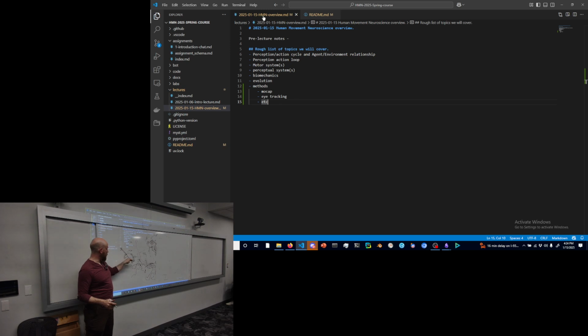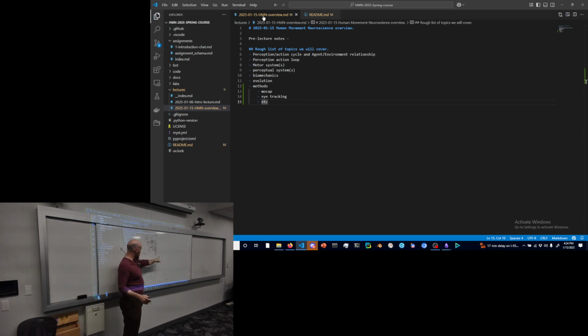And so I can tell both what information was available to this weird magical meat robot at any moment in time, and I can also look at the decisions that were made of, oh, I'm gonna move my eyes this way and not that way, and tell where my central nervous system desired more information from in the world at any moment in time. And so by the combination of these things, of being able to measure the perceptual input in the form of eye tracking and the motor output in the form of motion capture,